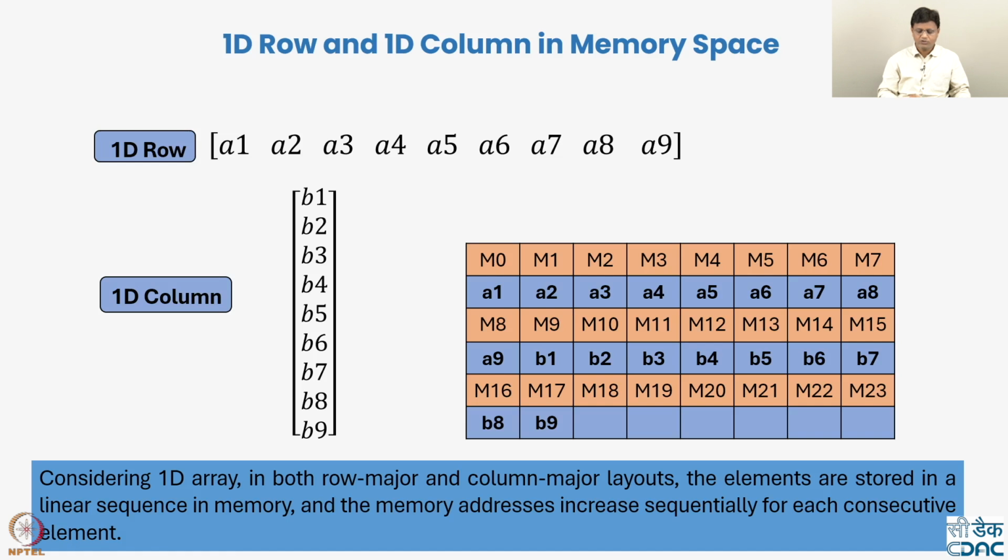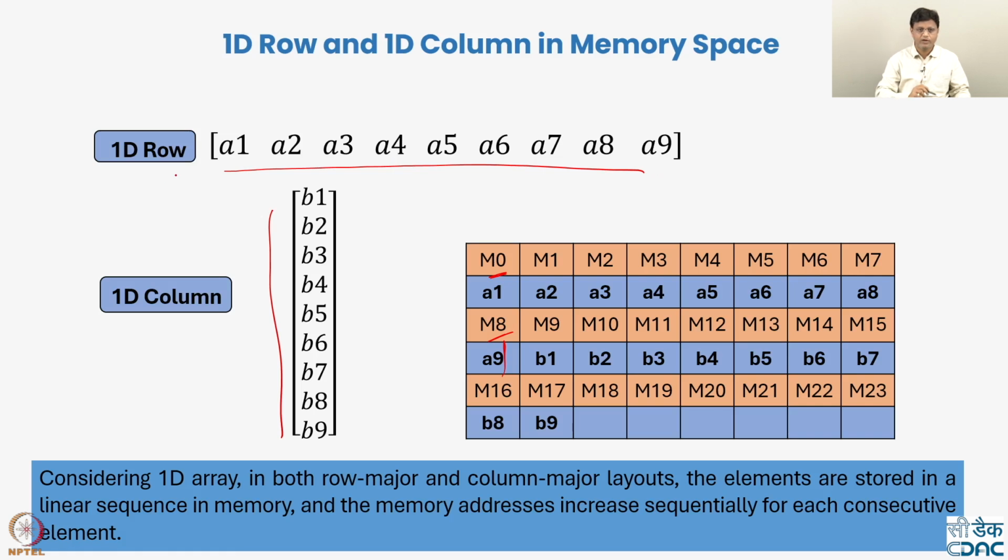Now, we are storing two arrays and they are declared in this manner. The first one is in a row manner and the other array is declared in a column manner, and you are using a language which supports row major order. You can see how the data is going to be placed in the memory locations. All elements are stored continuously from memory 0 to memory 8. Memory 0 is here and memory 8 is here. So elements A1 to A9 are stored in these locations continuously, and this is where the memory ends